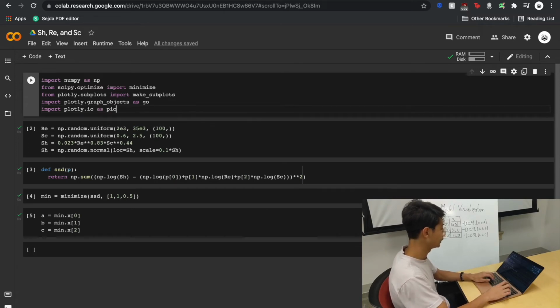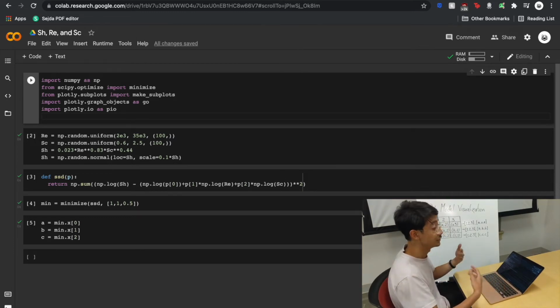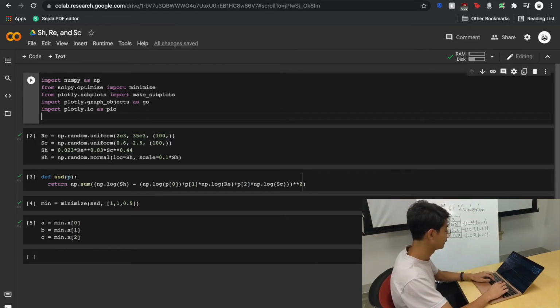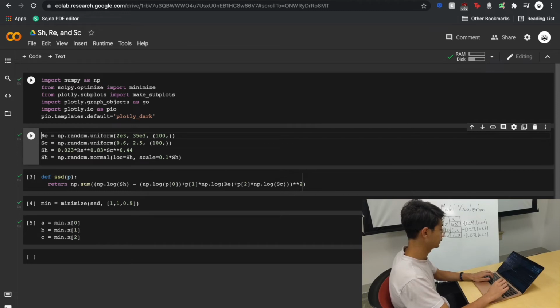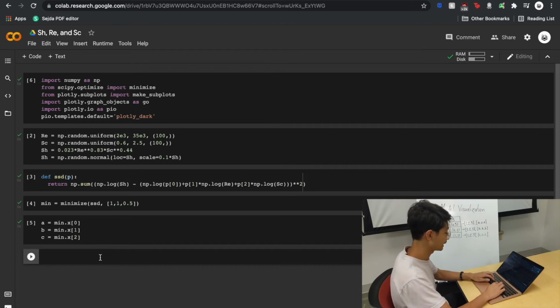as pio, and finally I'm going to make my graph into dark mode, so that is pio dot templates dot default equals quotation mark plotly_dark. So we go ahead and run that. Everything's imported. Now, first of all, we make our